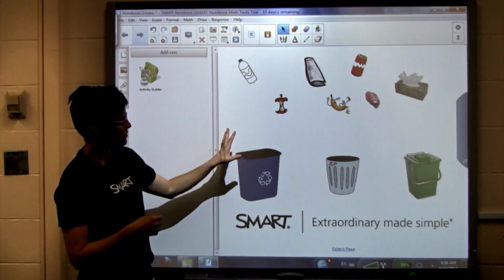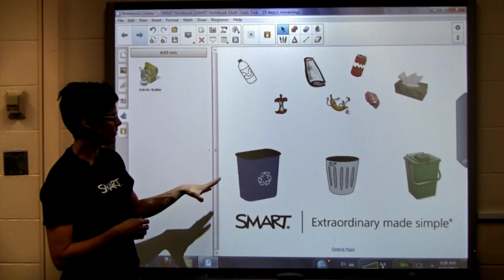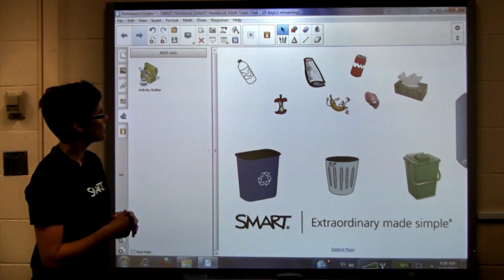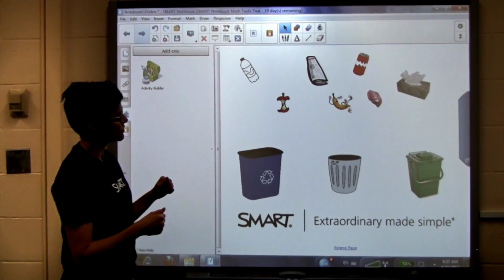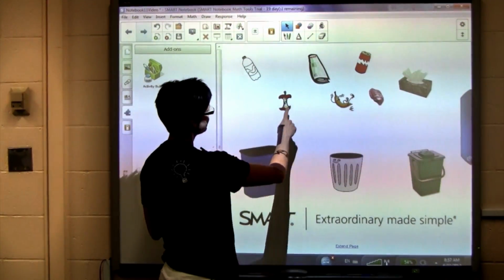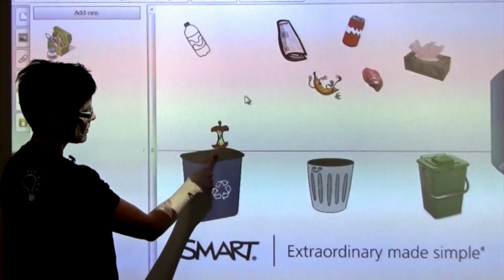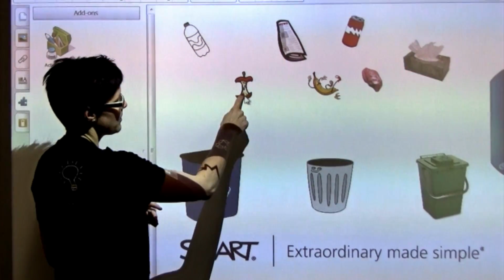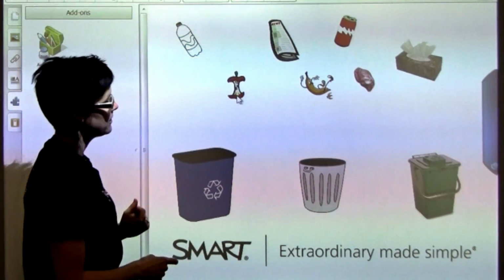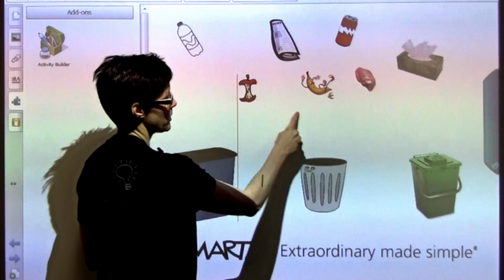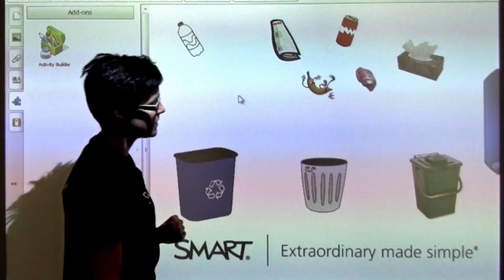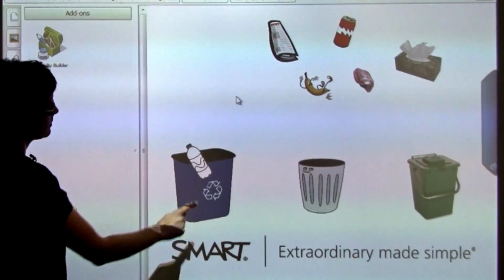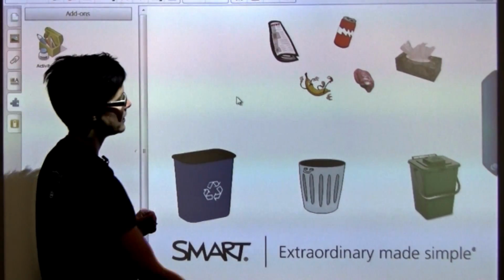So this one is a sorting activity for students to do with recycling and garbage and compost. So after you get this set up, the students should be able to come up and sort them. And if I try to put the apple into the recycling bin, it automatically shoots it back out. Same thing if I try to put it in the garbage. That's not where it belongs. It actually belongs over here, so it disappears. And then they can continue on with the activity.